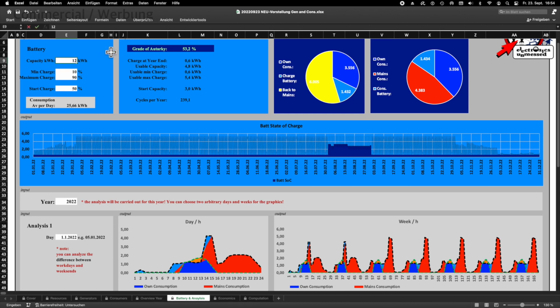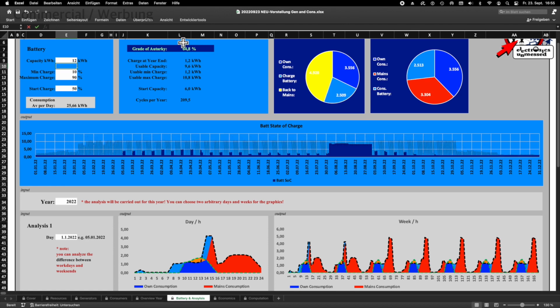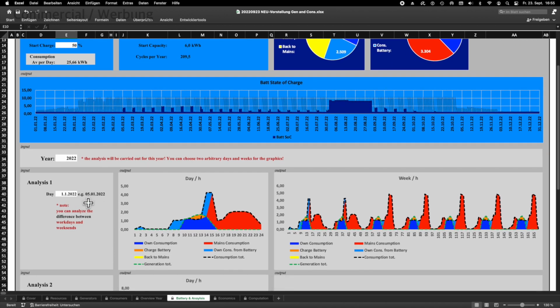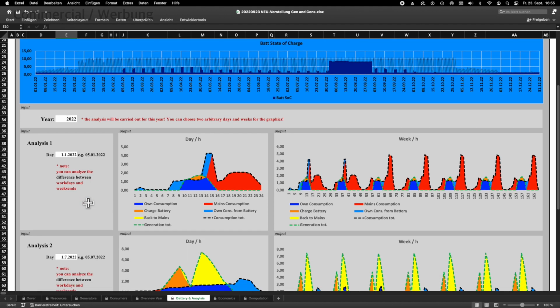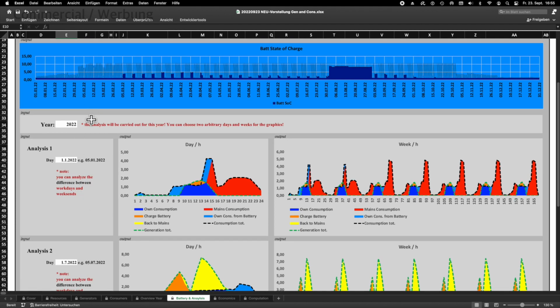A statistical average of every hour for the whole year is used. I have to say that the autarky grade simulation without battery is a bit overestimated, since the volatility of the solar power within the hour is not considered. And also, actually, it would not matter which year you look at.